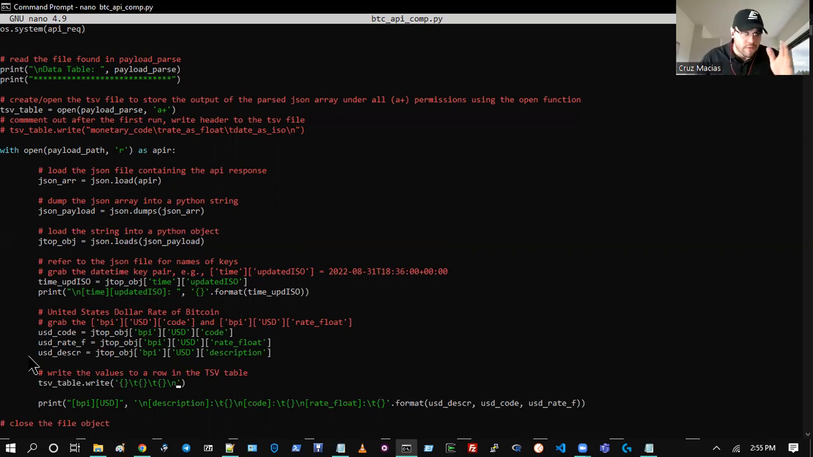And then we'll have to remember the actual order of the headers. So the first value that we want to enter is monetary code, tab rate is float, tab date. Okay, so we'll say dot format, and then put our variables in there. Okay, so the backslash n will drop it to a new line, and then the next row that we write